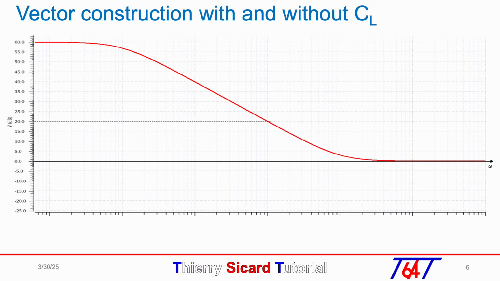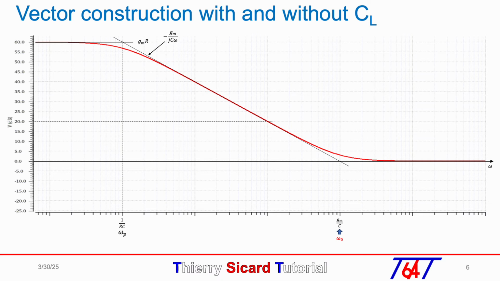curves respectively. This red curve represents the gain of the common source amplifier without a capacitive load. The horizontal asymptote gives the DC gain GMR. The minus 20 dB by decade asymptote is equal to minus Gm over jC omega. It intersects the GMR asymptote at the pole angular frequency omega p equal to 1 over RC and the 0 dB asymptote at the angular frequency omega 0 equal to Gm over C.